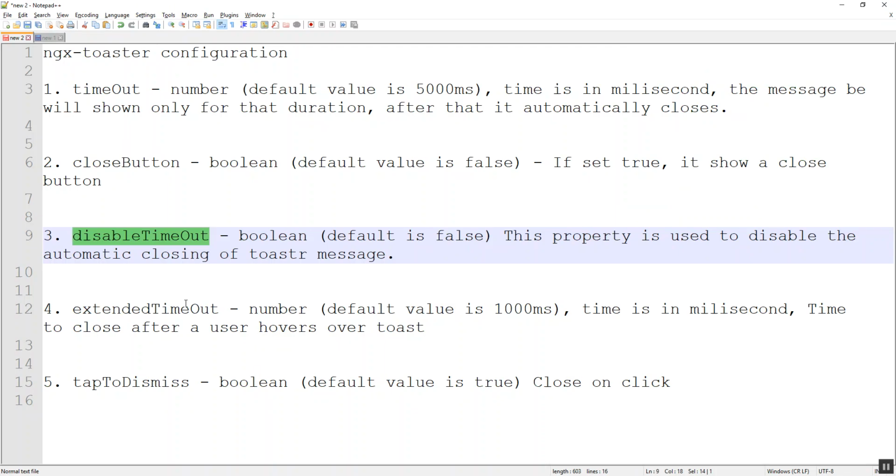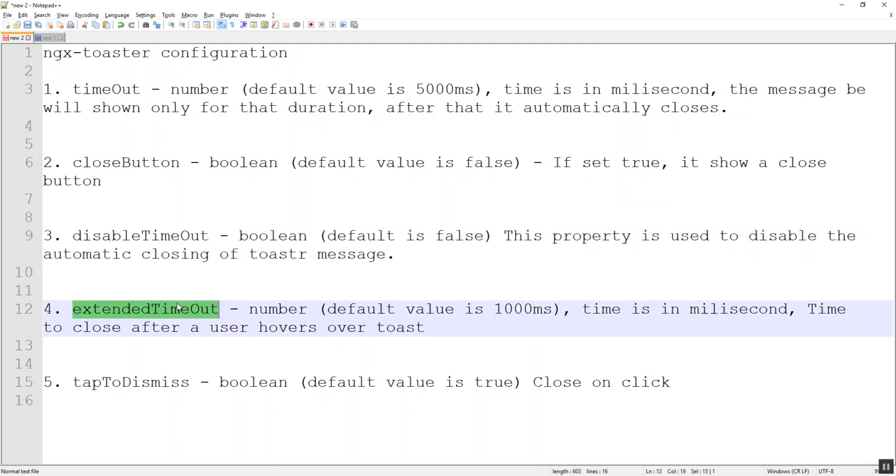Let's jump to the fourth property, that is the extended timeout. Once the user hovers over the message, usually it closes after 1 second because the default value which is given is 1000 milliseconds.